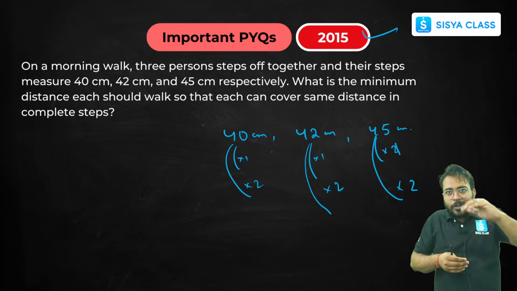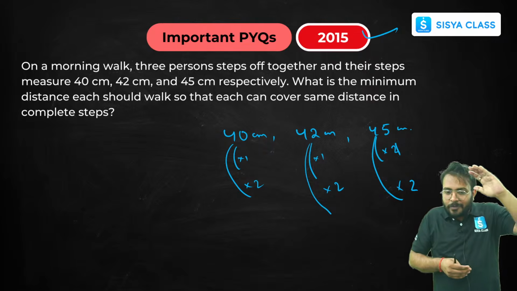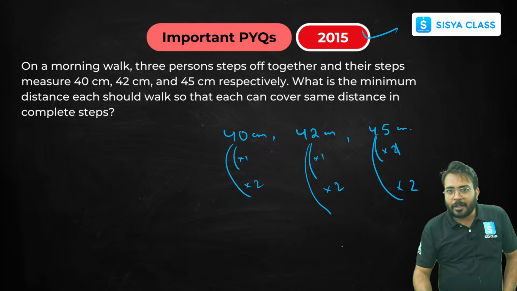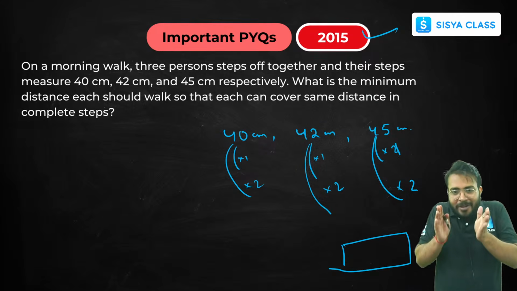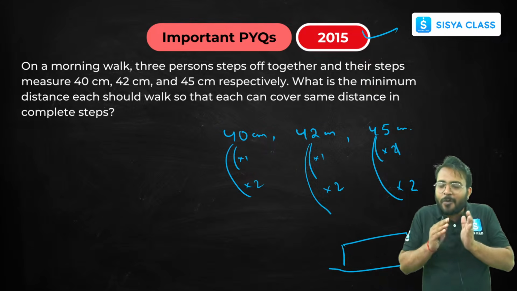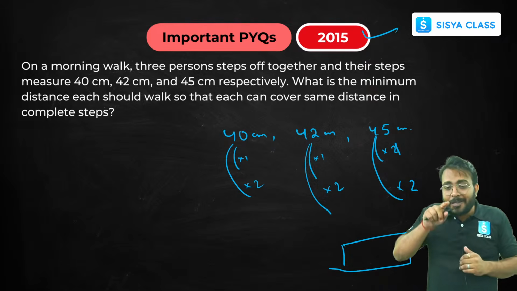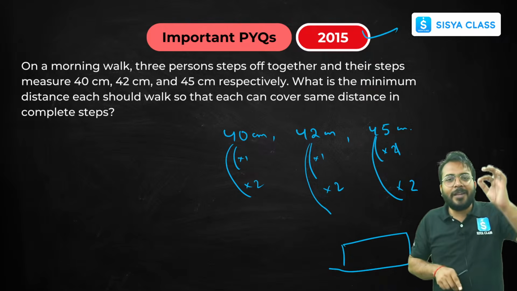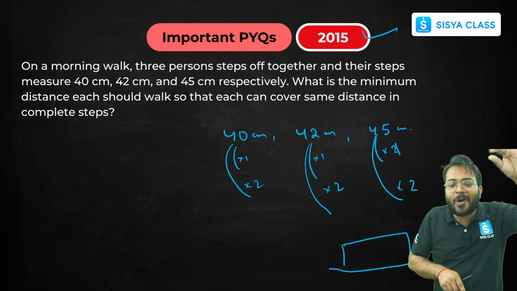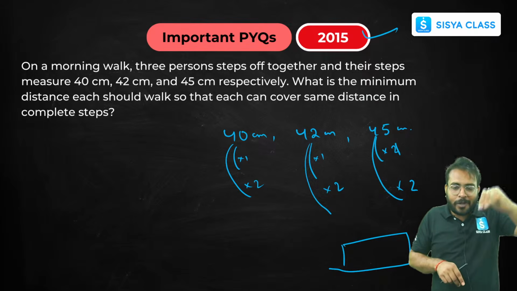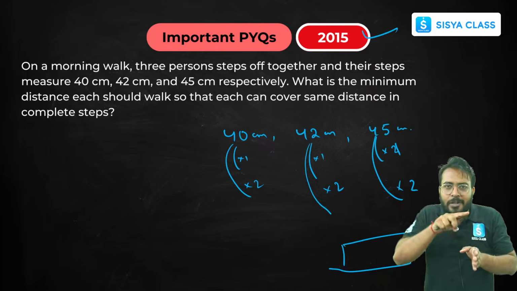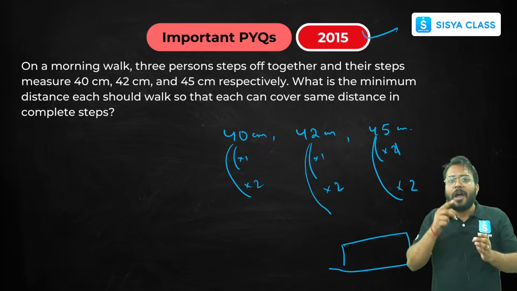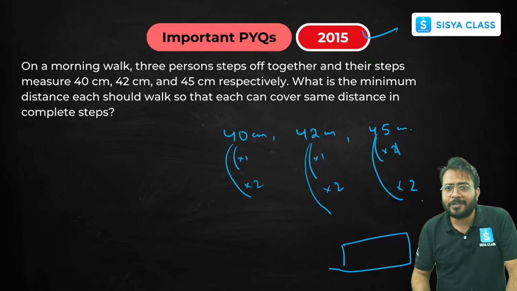40 or 42 or 45, so that the number which you will get now has to be the same. This number should be the same. All right, so what can you say about this? This number is nothing but going to be the smallest common multiple, right? Yes or no? This number is going to be a multiple of 40, also a multiple of 42, as well as a multiple of 45. Yes or no? That means